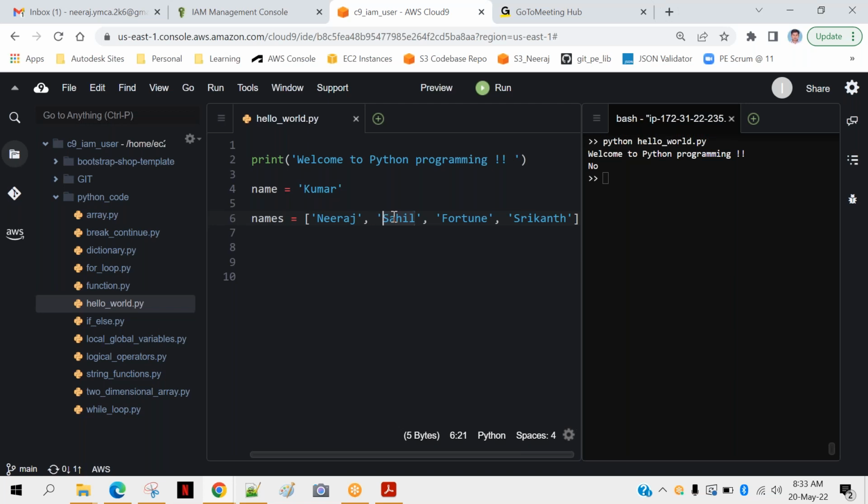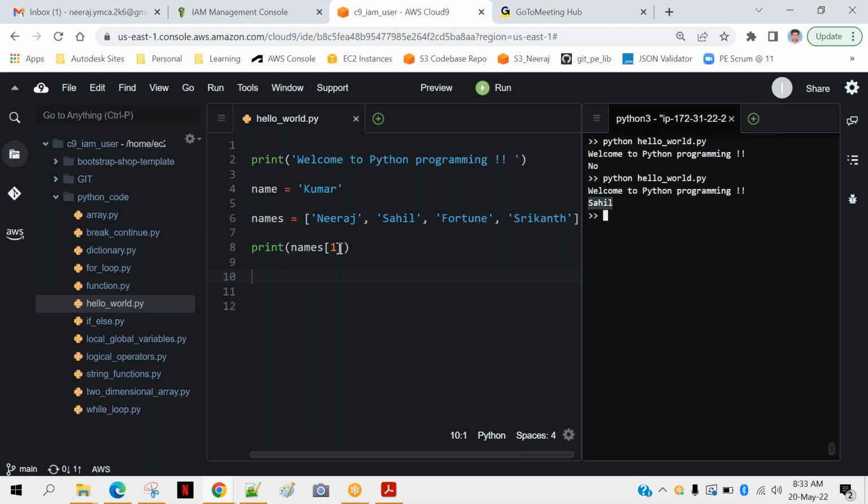What should I do? So this is indexed value, and in any programming language, they start the counting from 0. That means this value Neeraj is stored at 0th location, 0th index. The next is stored at first index, second index, third index. Let's try that. I will print names, that's my array name, square bracket, give the index, I will give 1. Okay, 1 does not mean that it will display Neeraj. No, it will display Sahil, because counting starts from 0. So I will execute my program, and you can see that it's displaying Sahil.